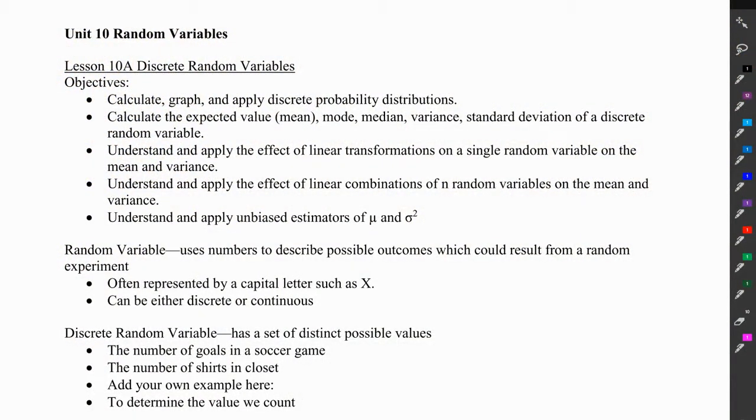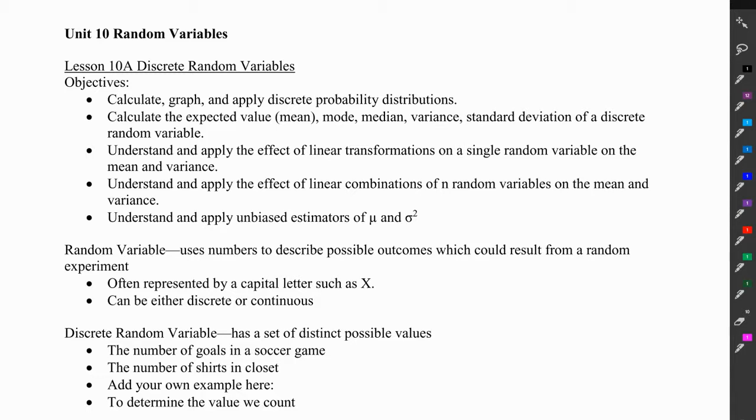In this unit, we are going to discuss and learn about random variables. The first section is about discrete random variables. Our objectives for this lesson are to calculate, graph, and apply discrete probability distributions, to calculate the expected value or